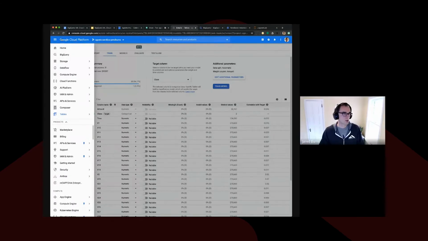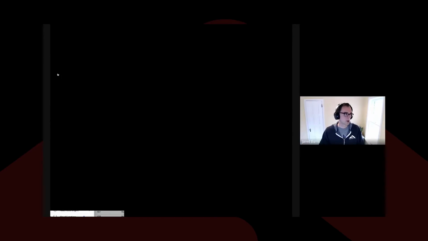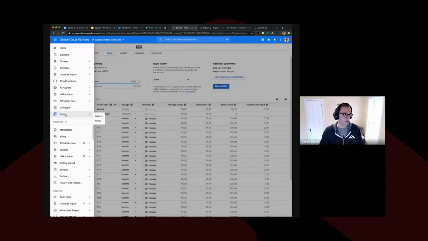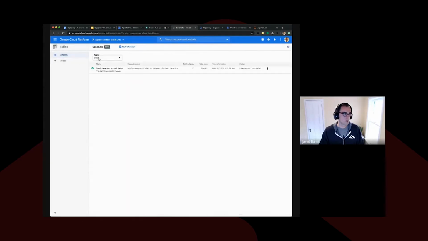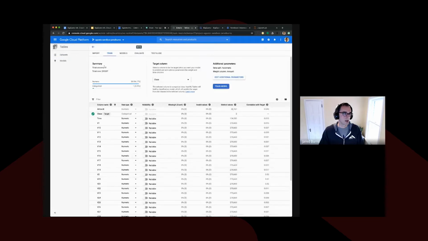Yeah, so from the Google GCP hamburger stack, as they call it, right on the Tables UI, you have the option of datasets and models. Datasets is where you import your data and give it a reference. In this case, we're using a public dataset for fraud detection. It efficiently reads your data using the underlying BigQuery Storage API, which reads data a lot faster than if you're using, for example, the Python API.